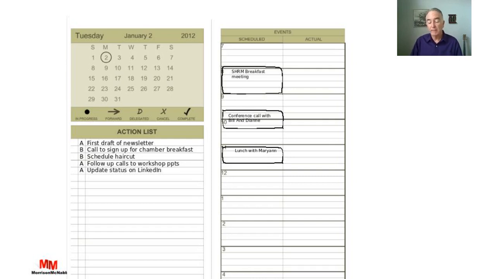So an A is something you're absolutely going to do that day. You're committed to it. Nothing is going to get in the way of you doing that. So obviously you don't want to have a lot of those. B's are things that if you don't do them, there will be an impact. But it's not absolutely mission critical that you get it done today. Like I have schedule a haircut on here. I don't know if you can read that, but that's not absolutely mission critical. But that's your prioritizing.